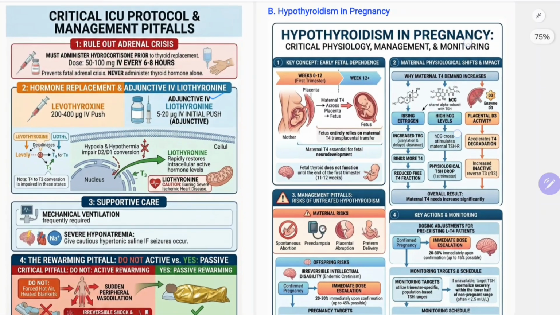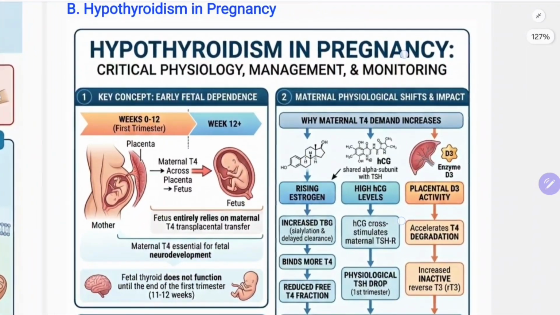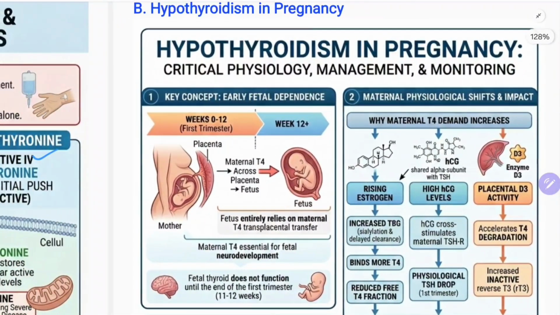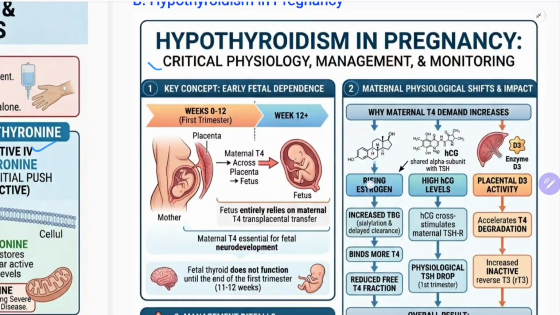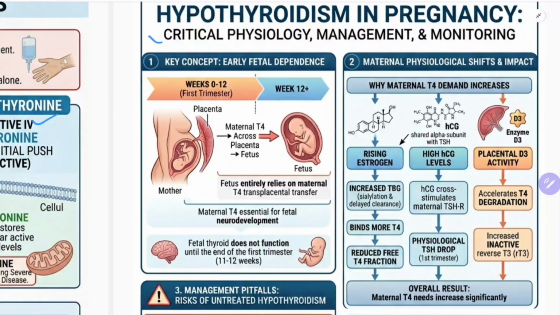Now coming to the second special context, that is hypothyroidism in pregnancy. Critical physiology, management, monitoring. Key concept, early fetal dependence. So up to 3 months, up to 12 weeks, the fetus is dependent upon the maternal thyroid